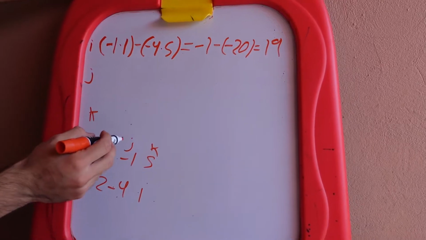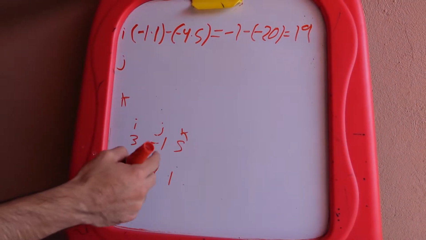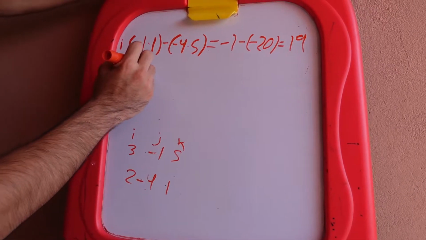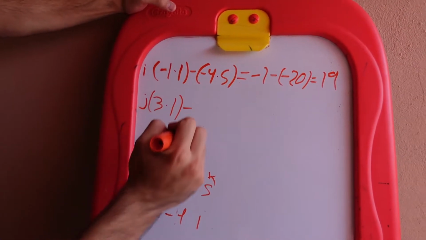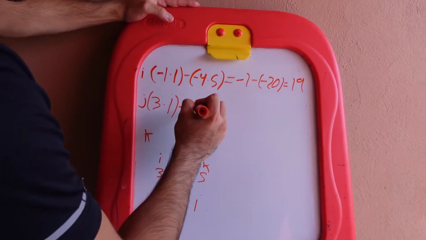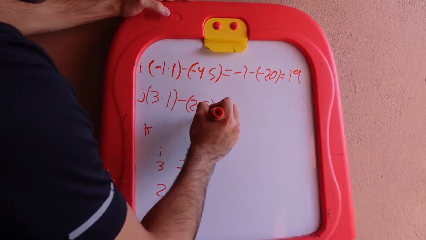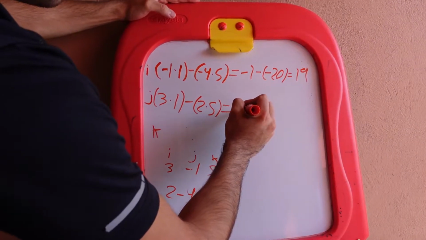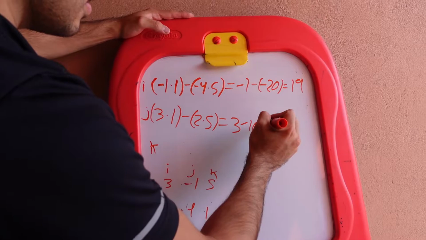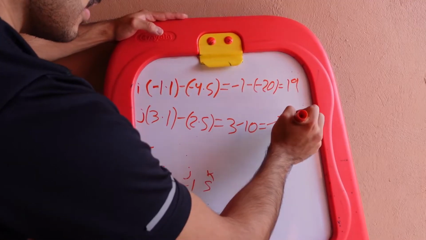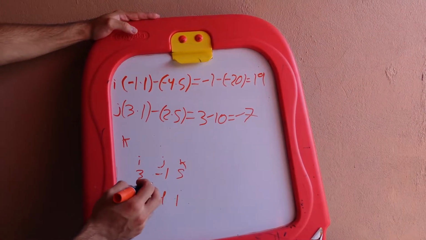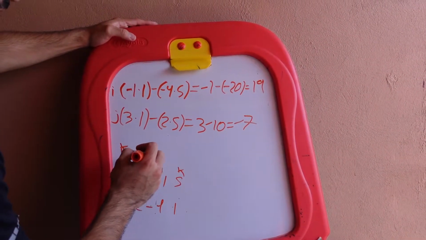The j component, you cross the j component and you just multiply 3 times 1 minus 2 times 5, and this will be 3 minus 10, which is -7. And the k component, you just take care of i and j, then